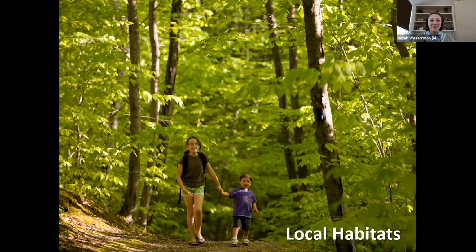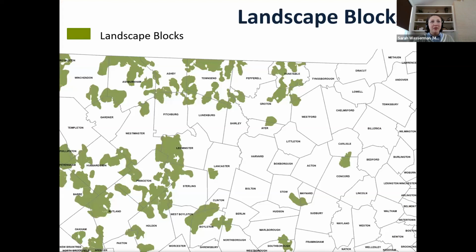Thanks, Alec. Happy to be here today. Talk a little bit about these local habitats. They are one of the key innovations incorporated into BioMap as a new feature. This is based on feedback that's been heard over the years since BioMap 2, that the tool wasn't as relevant to every city and town as it could be. Almost every town has core and or critical natural landscape, but our municipalities are very different from one another across the state. So the amount of habitat varies significantly among them. This makes us very excited to unveil this new municipal level data. And I'll show the first example.